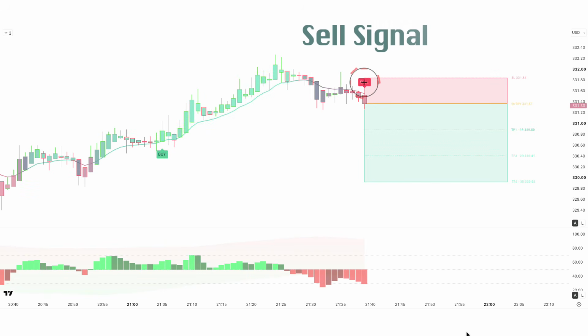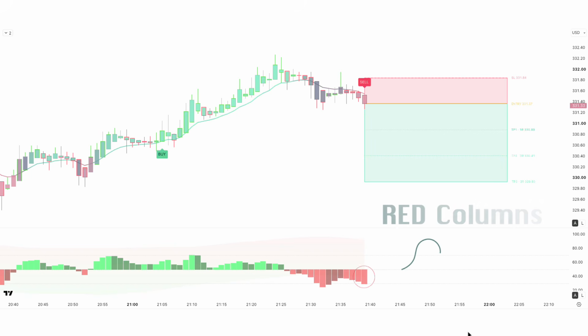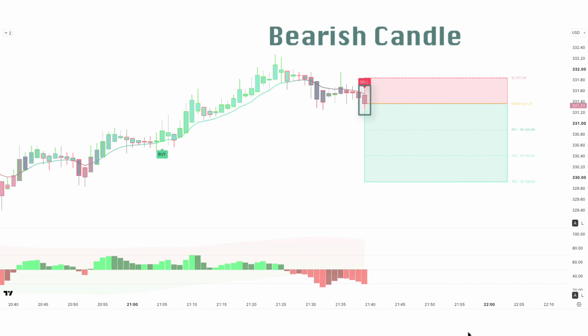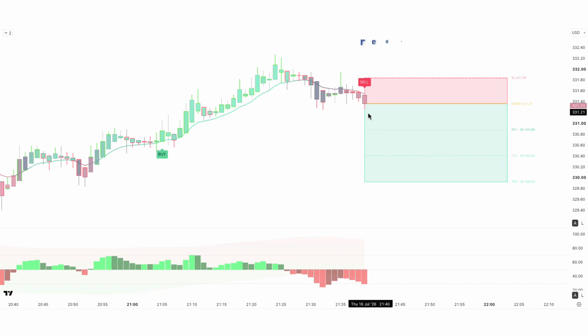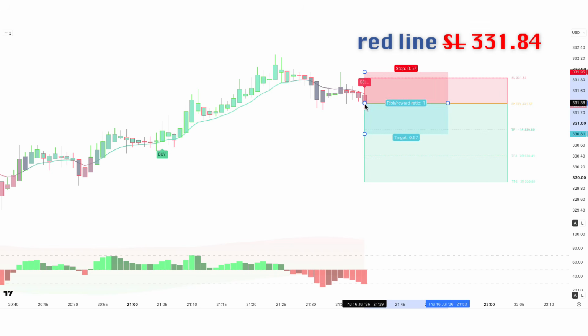When the Quant Confluence Engine label down appears, this is a sell signal. The red columns of Dynamic RSI Level Plus Divergence should be below the zero line. When the market forms a bearish candle, if this condition is fulfilled, then we will place a sell order at 331.37. Our stop loss is to be placed at the red line SL,